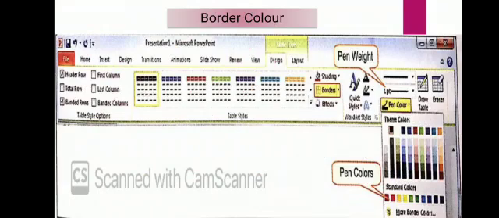Basically first you have to select the table. Then click on this border color button as shown in the figure. Click on it. Then one color palette will open. Then choose the color that you wish to change, and simply drag the mouse on the table border. Clear? Simple. You have to click on the design tab and then pen color. Select the color of your choice. Click it or simply drag the mouse upon the cell or column.